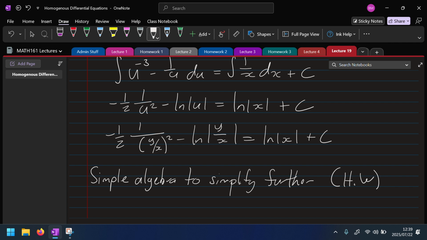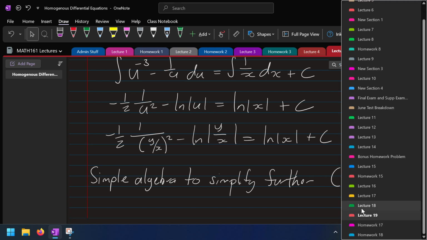And again, please note how we used separable differential equations in both examples. We started out seeing it was homogeneous, and then to solve for u, we had to use the fact that the u differential equation was separable. So if we go back to what we had last time here,